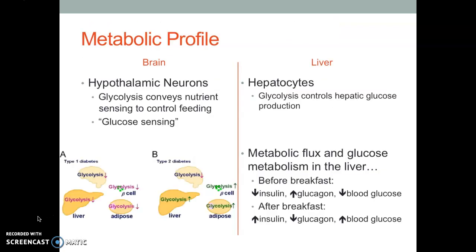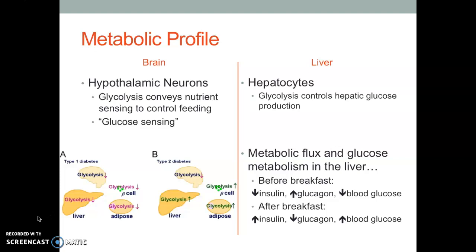So in regards to the metabolic profile, this is how it's going to affect the other organs. In the brain, the hypothalamic neurons are going to be for nutrient and glucose sensing, to see just kind of where we stand, how much we have, what else do we need. And in the liver, glycolysis controls the liver glucose production. So just what we were talking about in class, the before and after breakfast,